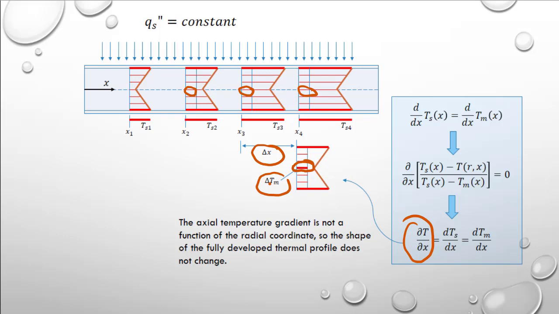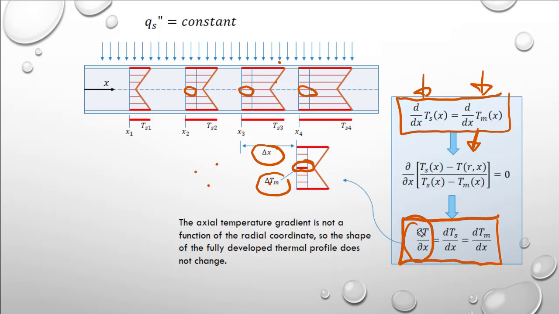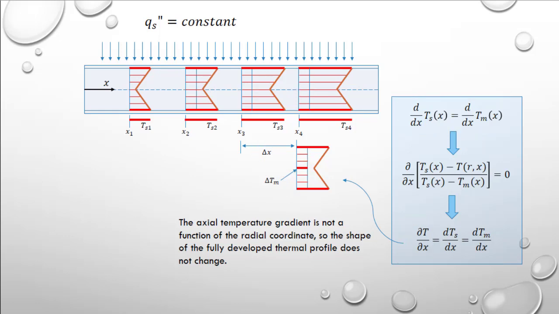And what you're seeing here is that if you take this situation where the change in Ts, the surface temperature, is equal to the rate of change of the mean temperature, and you plug that into this requirement of the thermally fully developed flow, the result is that not only do these two have equal temperature gradients, but all three of them do. So the local temperature changes as a function of the surface temperature, which again changes as a function of the mean temperature. Now, one of the things that's not as obvious is that if the temperature of the surface only changes as a function of x, notice it's a full derivative, and the mean temperature only changes as a function of x, then that implies that even though this is a partial derivative,